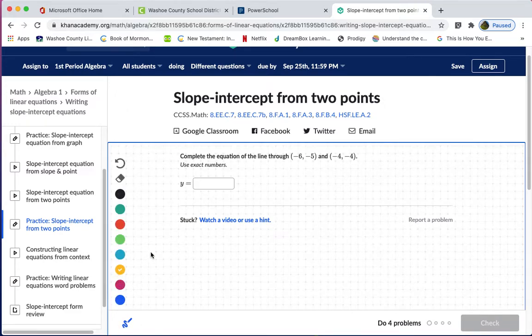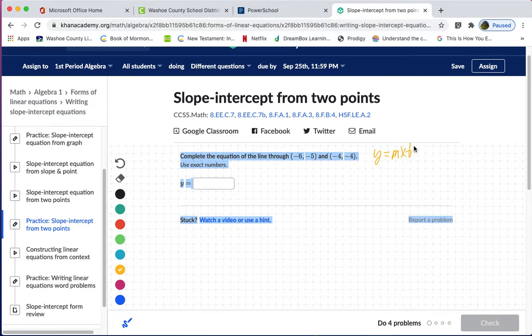We're going to complete the equation of the line. So we're still doing y equals mx plus b. They just don't give us very much information. All right, so we have these 2 points, and the first thing we want to do is